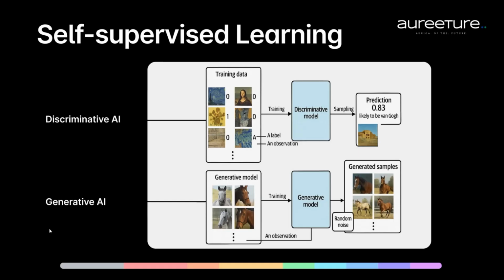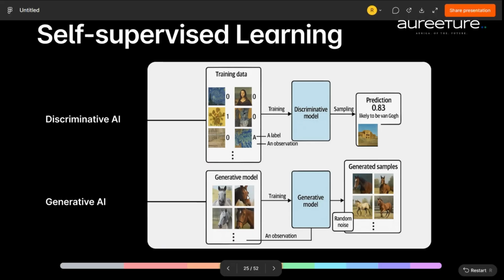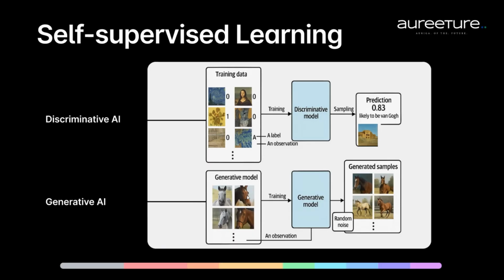But in case of generative AI, it is more about how these things happen. Generative AI generally asks the model whether the given data is correct or not, or also asks